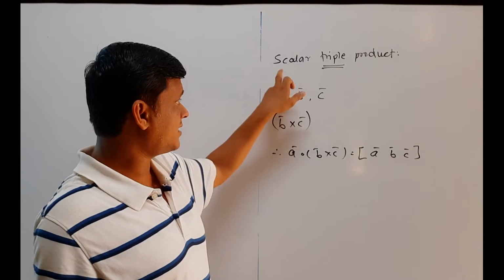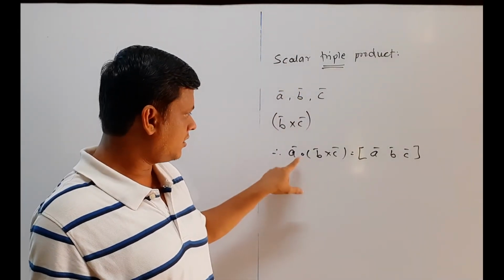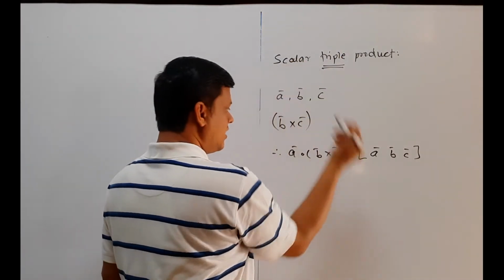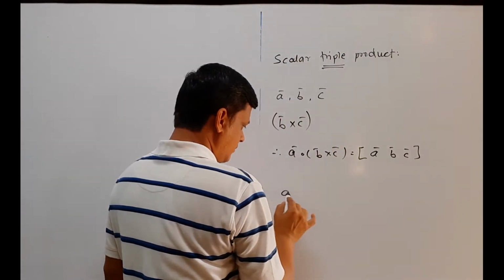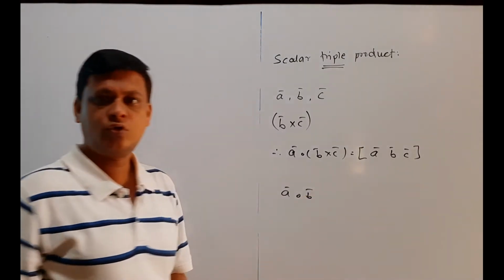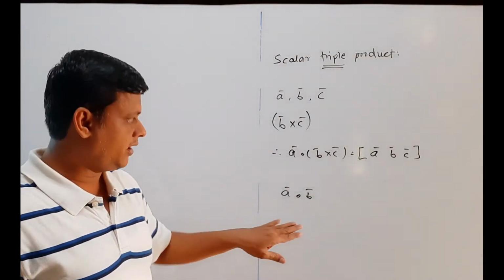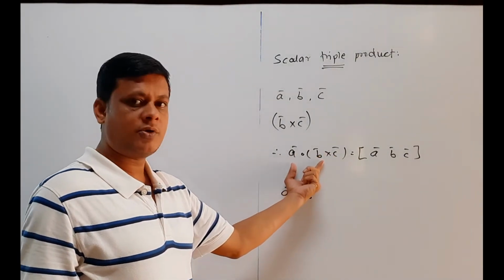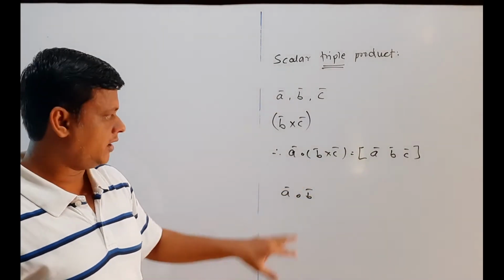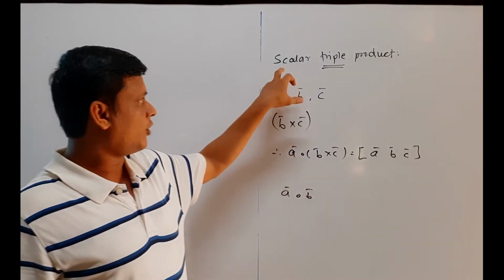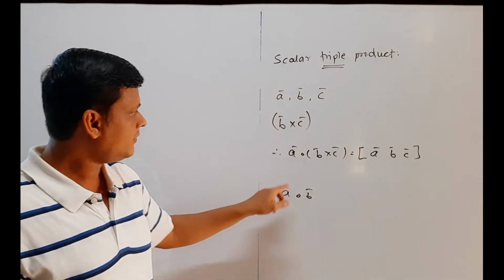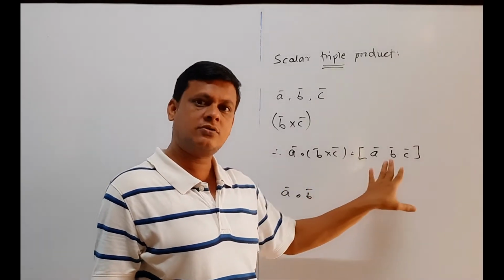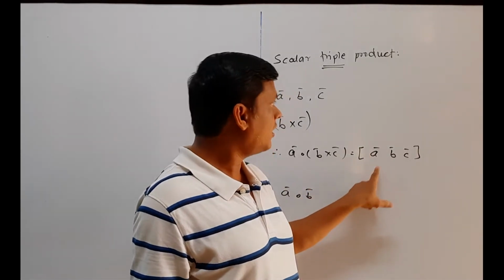Why do we call this scalar triple product? Because we use three vectors, so we call it triple product. Why do we call it scalar? We know that when we multiply two vectors with a dot product we get a scalar quantity. Here, in place of b we have the vector b bar cross c bar, and here is the dot product. That means we get a scalar quantity. So we call this product scalar triple product, denoted by a bar dot b bar cross c bar, which is also denoted by box form, so called box product.